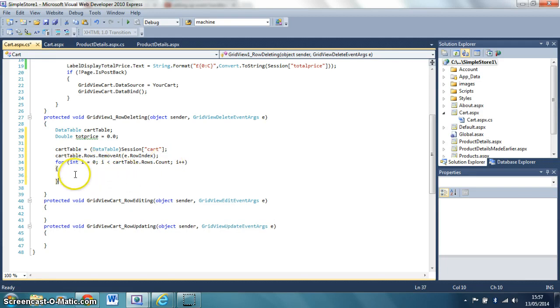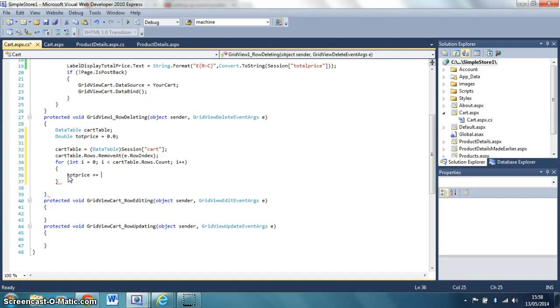So this is going to go through every row in the table, and now we're going to find out what the total price is. So total price is going to be equal to, and we're going to multiply